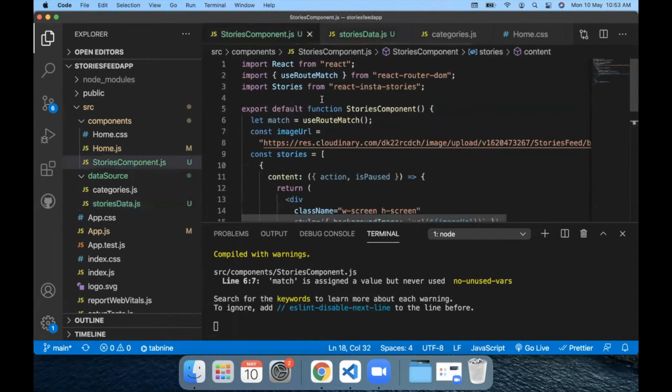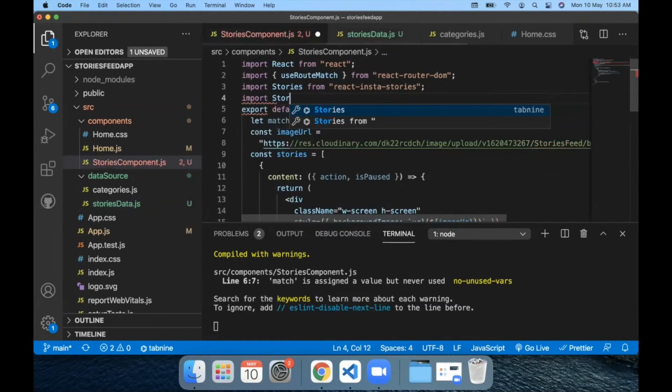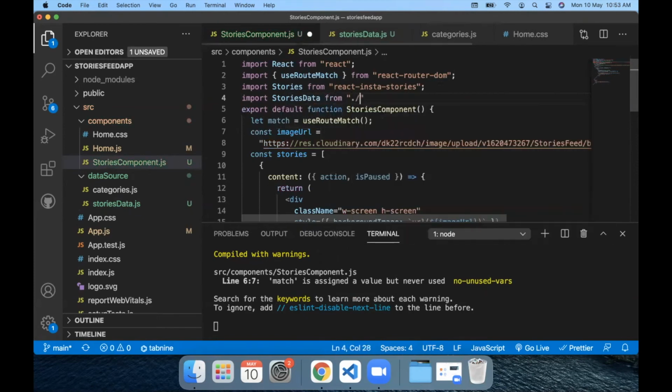So let's import the stories data constant from data source slash stories data.